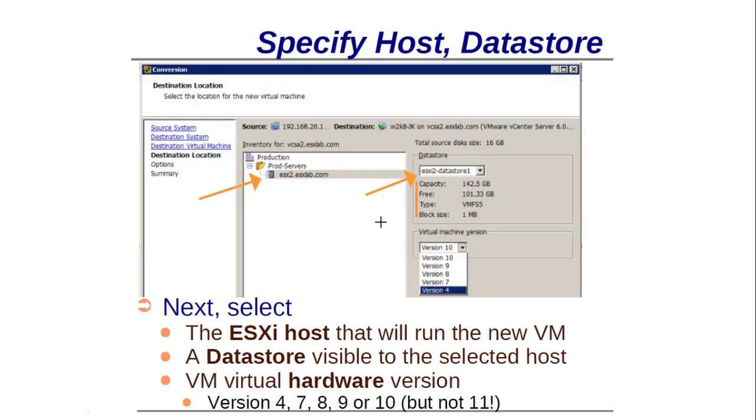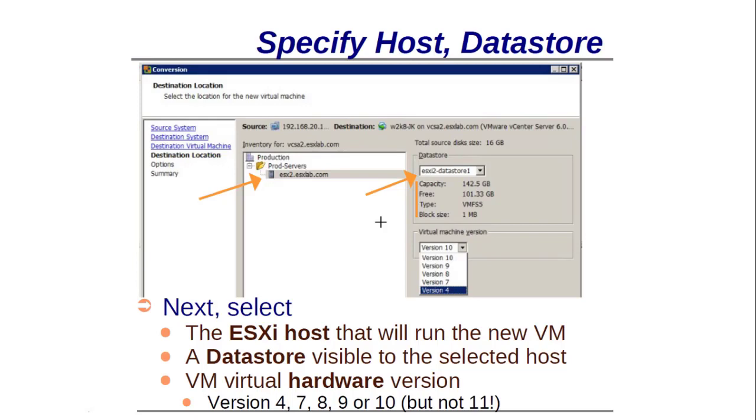Here we can select a very important parameter which is called virtual machine version. Basically, what is virtual machine version? Every ESXi host has a virtual machine version. For example, if you are using an old ESXi server, its version is very low, for example 5.5 or 6, so it has a very low VMware version. If you want to move to a newer ESXi server, you have to choose a new one, but for compatibility reasons you should choose the same hardware version as your old machine had on the old hardware.